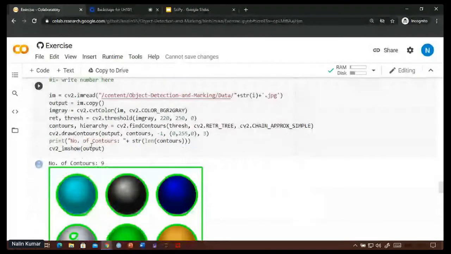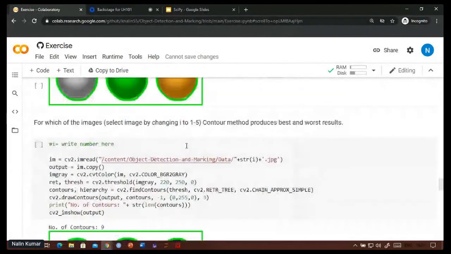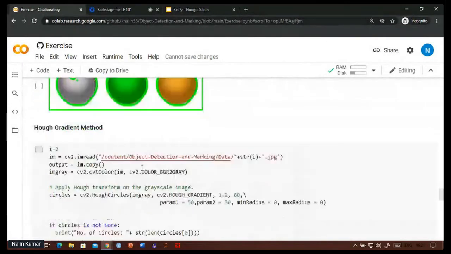After that, let's go to the Hough gradient method. In the Hough gradient method, you use the Hough transform over the grayscale image to get circles.